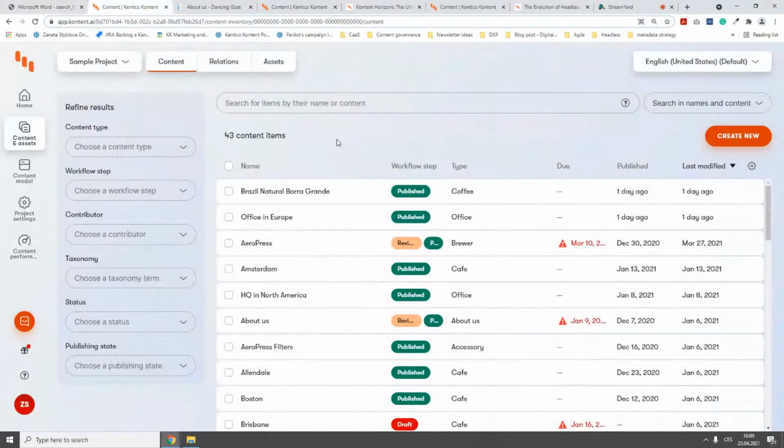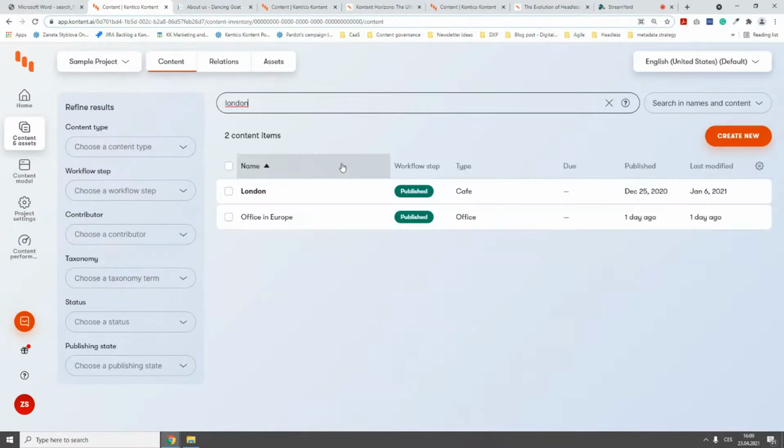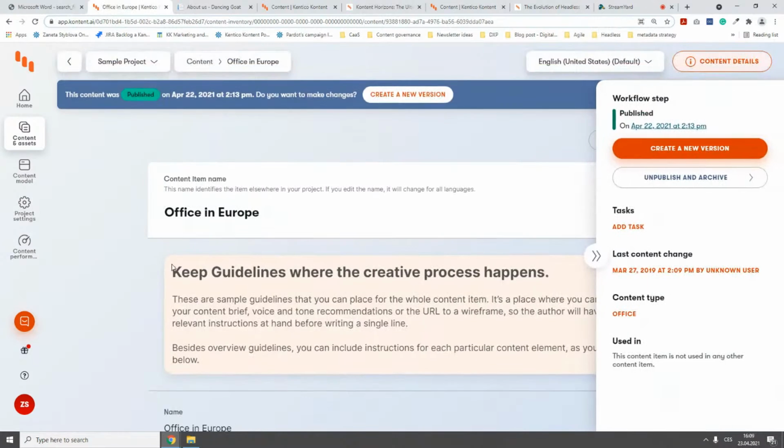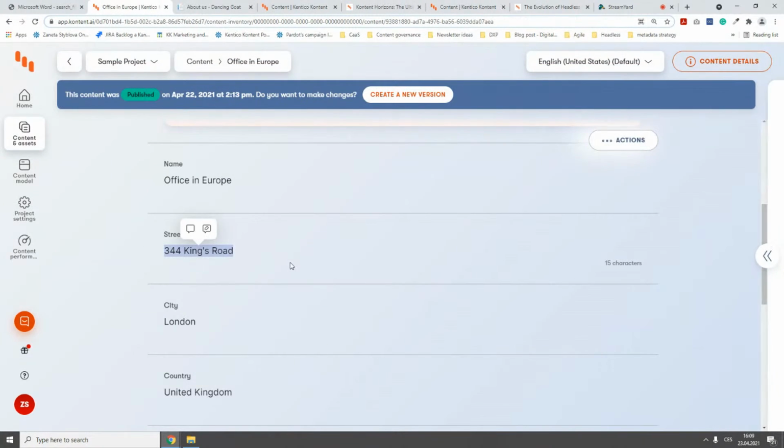So what I can do here is type in London. It's our London office, and you can see that there are two results. Let's also look at the content type. This one says cafe, and we're looking for an office. It's probably going to be the second one. So let's click on it. Yeah, and I can see that the information